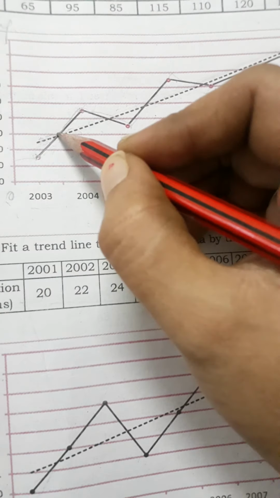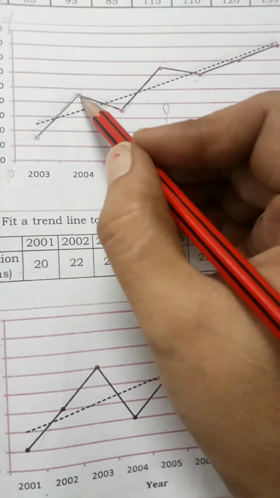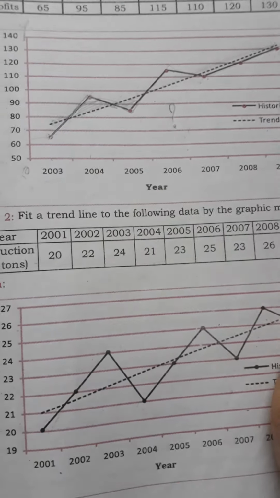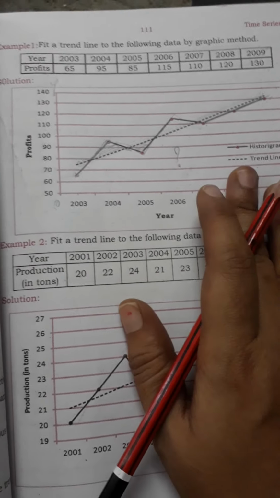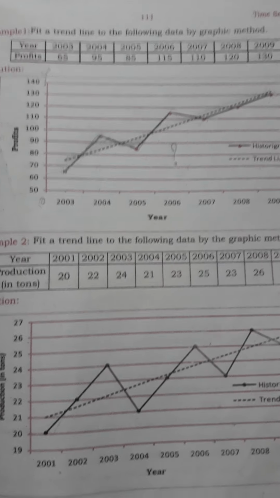Deviation means what? This going up and down like this is called deviation, okay. This area should be equal to this area, try to draw like that, okay. It is the condition of the graphical method. So I will explain it to you once again by writing in the note.